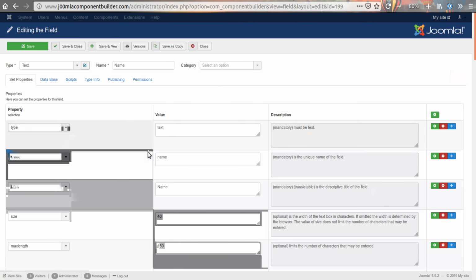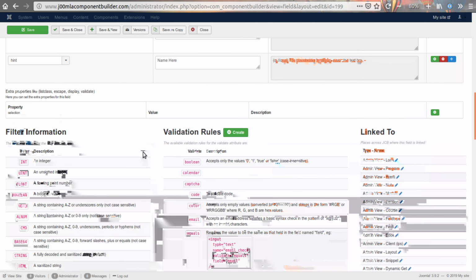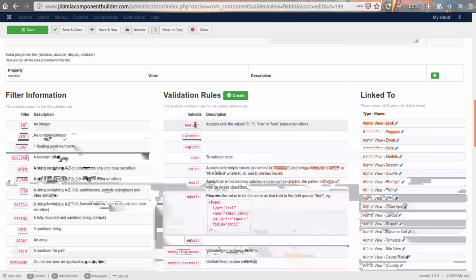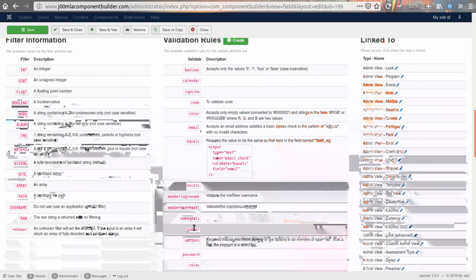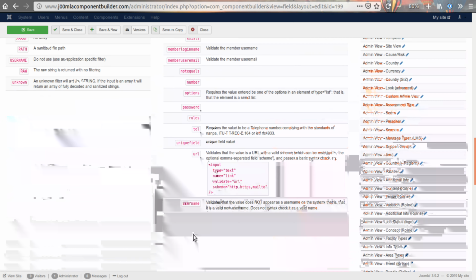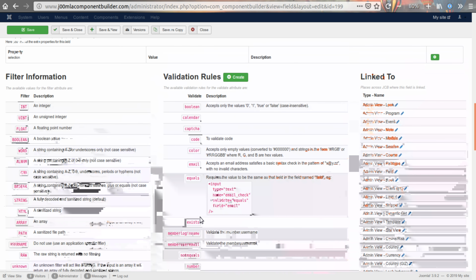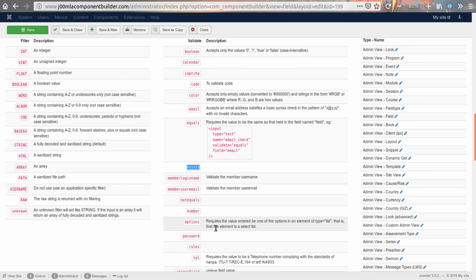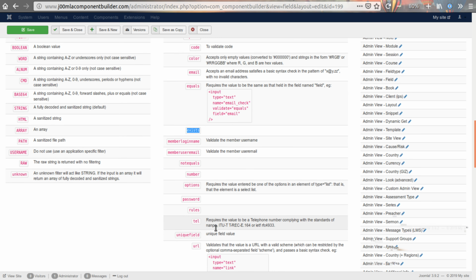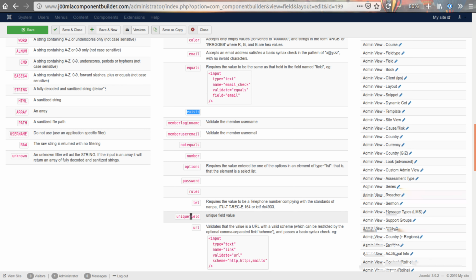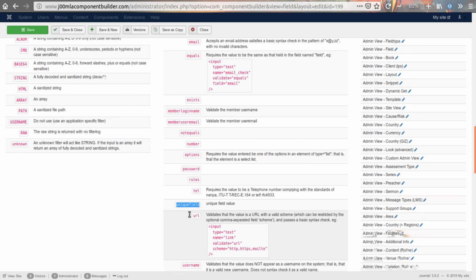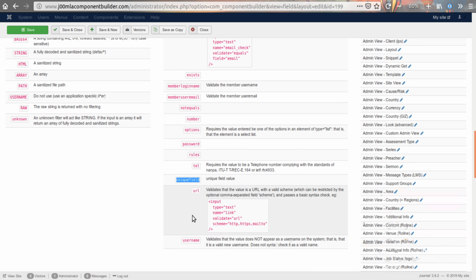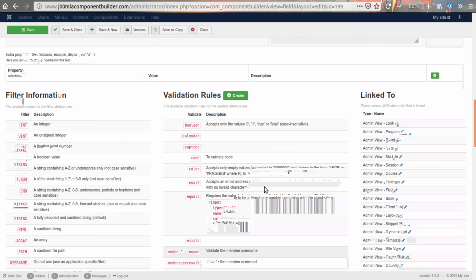So I'm gonna open the name field, and you will see that by default there are already a set of validation rules that are created. Now there is a validation rule called exists, and there is a validation rule called unique field, and some of this is things that we've made here in this Joomla install, and others are part of the Joomla default validation